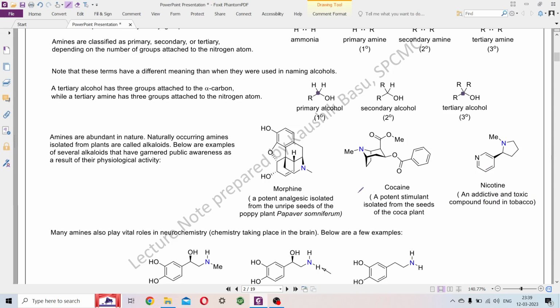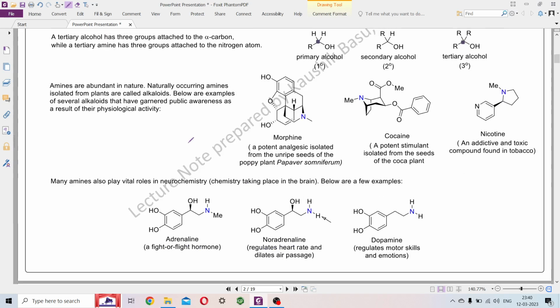এবং এগুলোর প্রত্যেকটার ফিজিওলজিক্যাল activity আছে, and these type of amines, this type of naturally occurring amines, they are also called alkaloids, যাদেরকে আমরা প্ল্যান্ট অরিজিন থেকে এক্সট্রাক্ট করতে পারি। In neurochemistry, that is the chemistry that happens inside your brain, the amines play